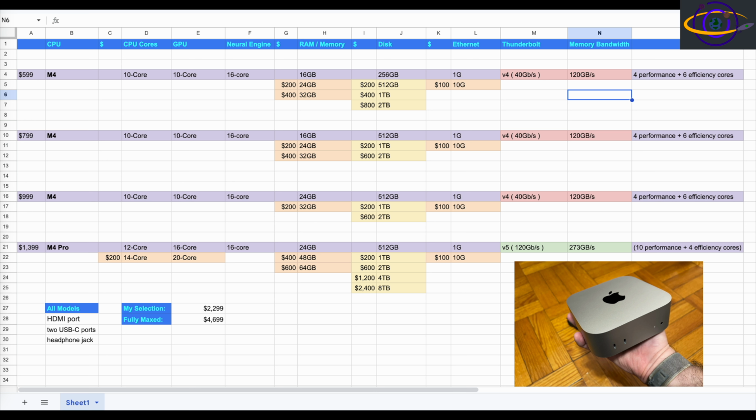Hey guys, so I'm making this video today to help people decide which Mac Mini would be the right one to choose. So I'm going to hopefully give you a better idea of which one is the right Mac Mini for you, and just basically to lay out all the options and to make it more clear. Because when you pick these out on Apple's website, you have a few different options